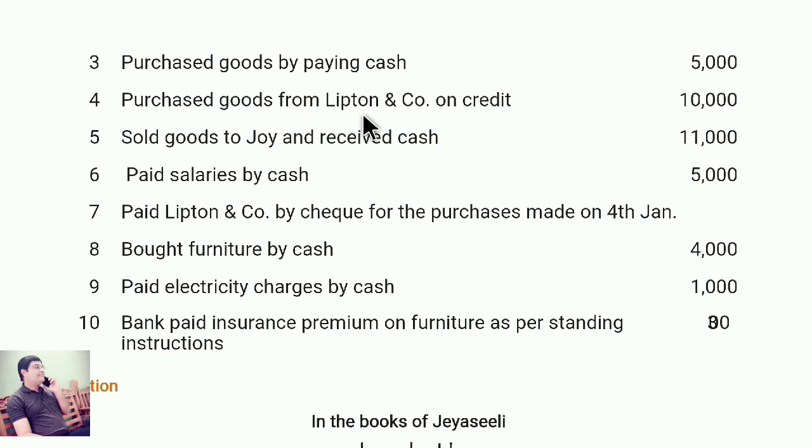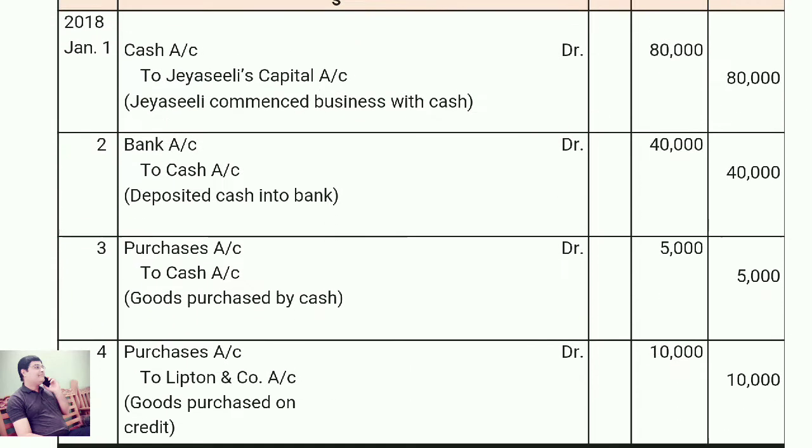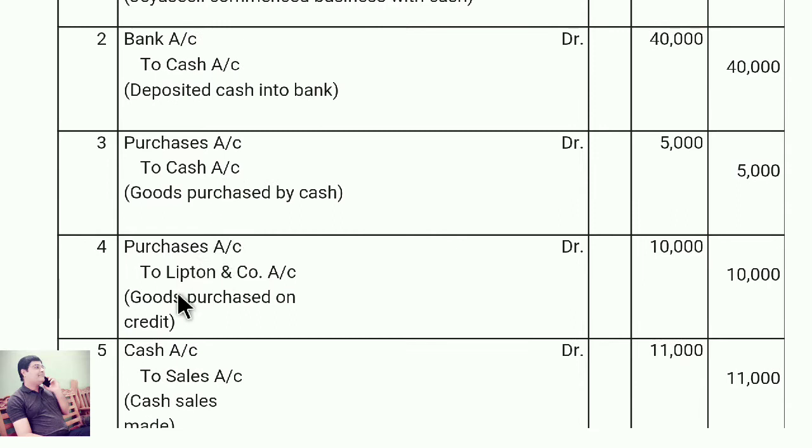Purchase goods from Lipton and Company. So when you purchase goods from Lipton and Company, it is a credit purchase. I already told you in the previous video the shortcut method. If it is a credit purchase, the name will be credited. So simply purchase account debit to Lipton and Company account rupees 10,000. Now see here, purchase account debit to Lipton and Company, goods purchased on credit. Next one,